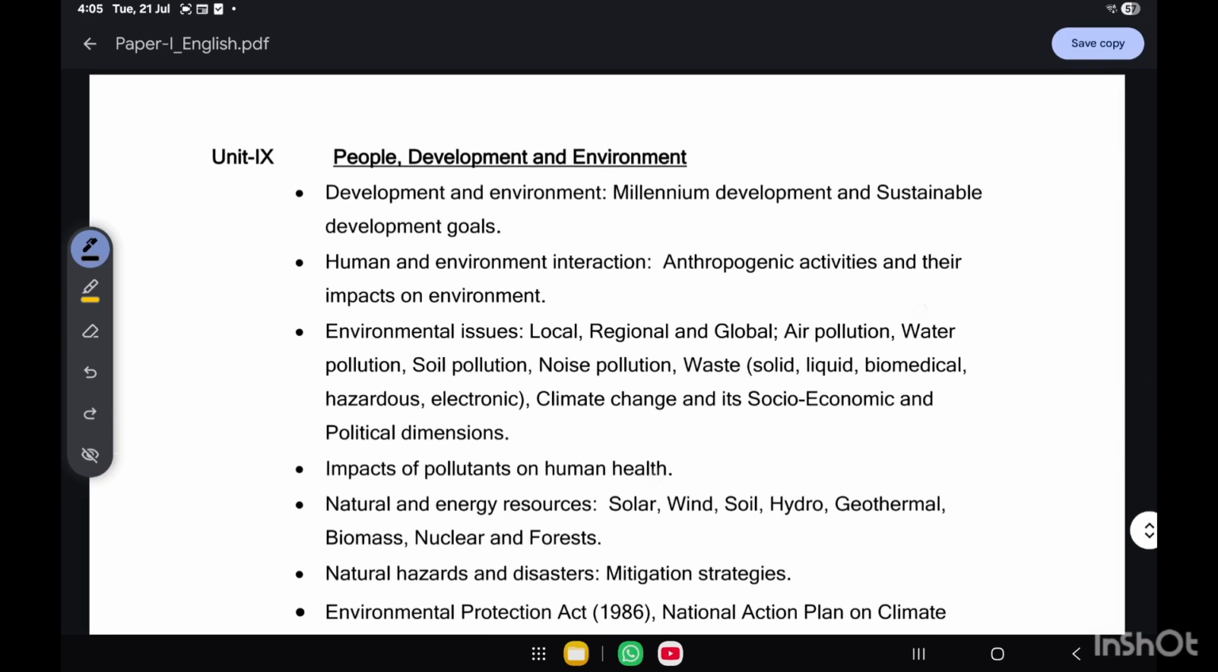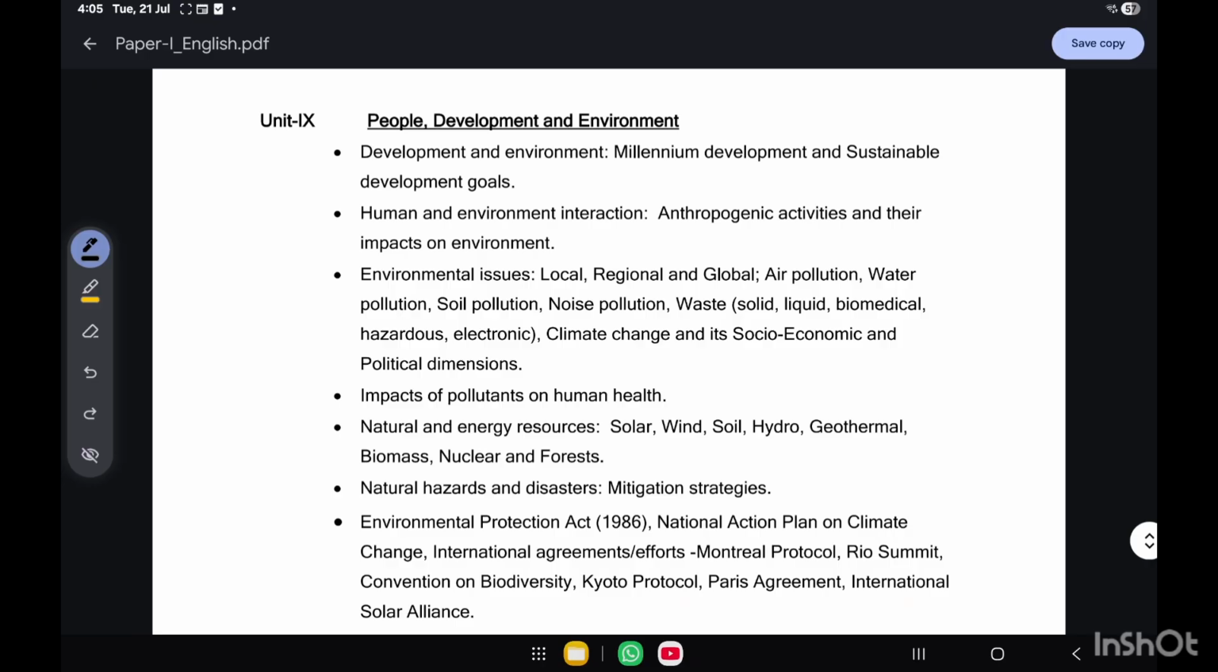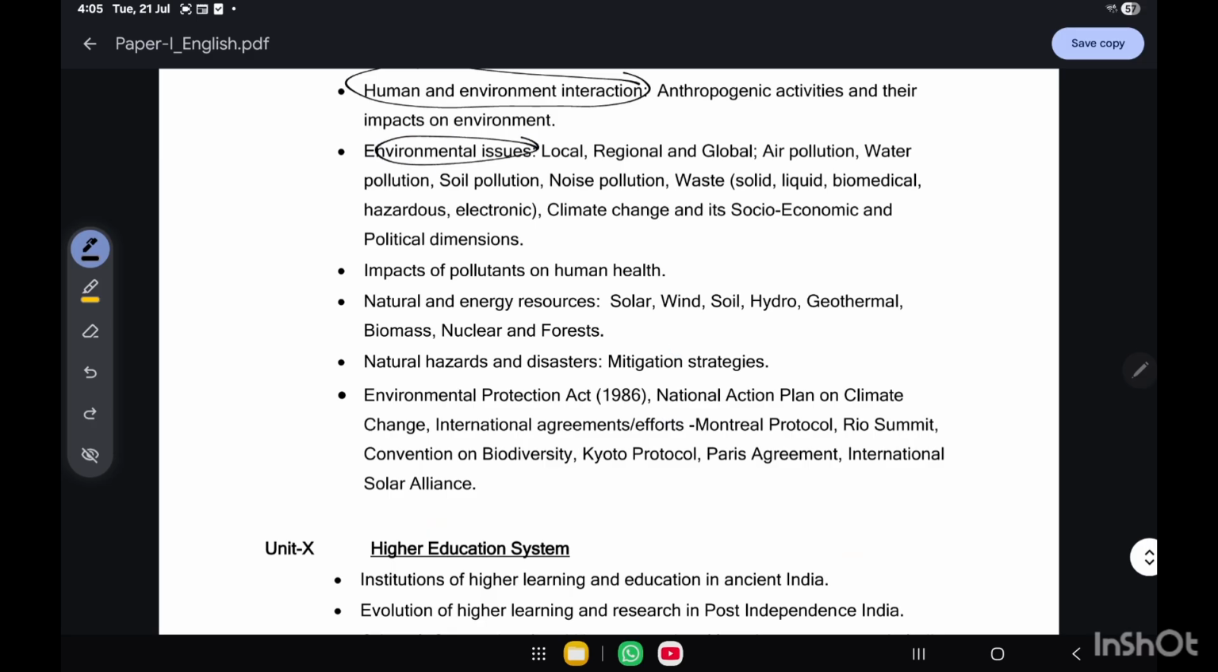And the next unit comes people, development and environment. So you're gonna learn about the SDG goals, MDG goals, and you're gonna learn about human and environment interactions, and the environmental issues here, like air pollution, water pollution, soil, noise, the waste happening, the climate change happening these days. And you're gonna learn about what are the socio-economic and political dimensions of these issues,